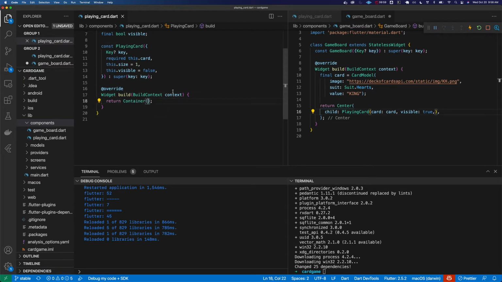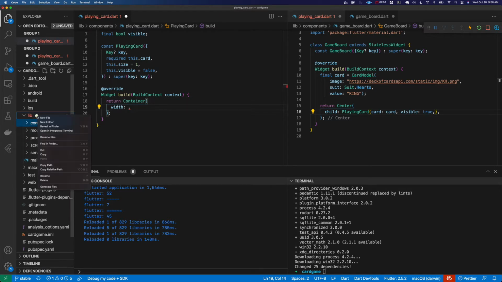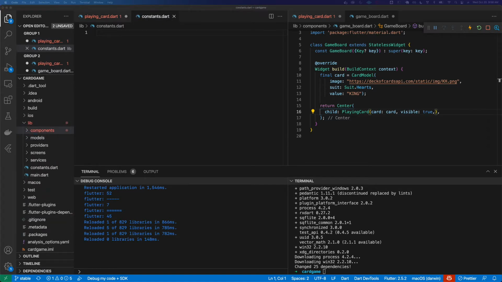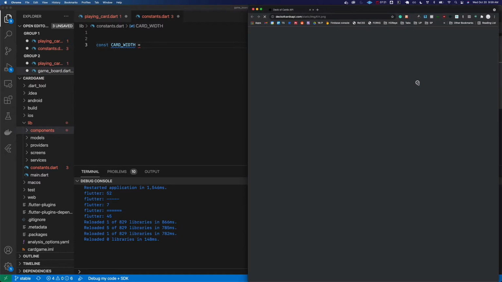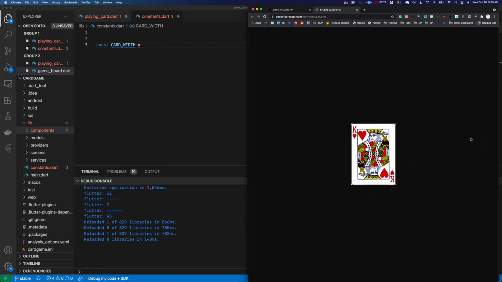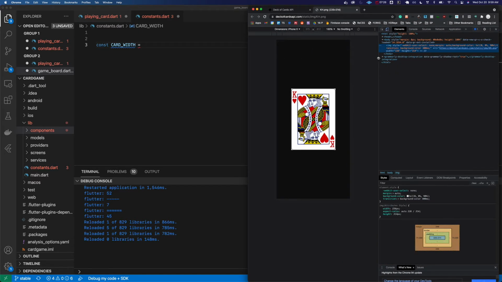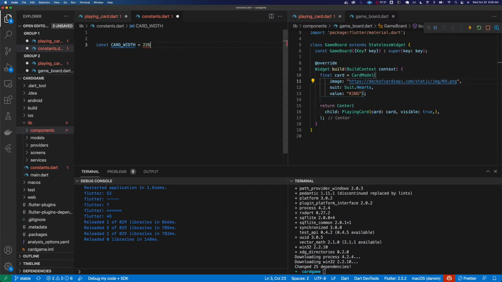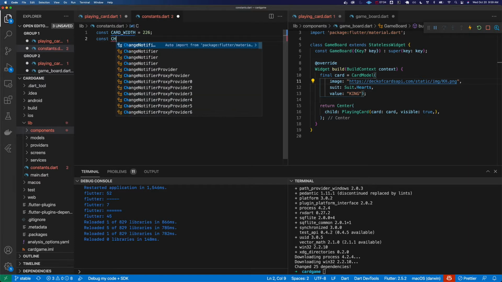Now, I want to make sure that our container has a certain width and height. So what I'm going to do is, in my main lib, make a file called constants.dart. This is where we'll store certain constants. I'm going to have a constant called card width, and I based this number off of this image. If we inspect elements, it'll tell us what it is, 226 by 314. So 226, and then const card